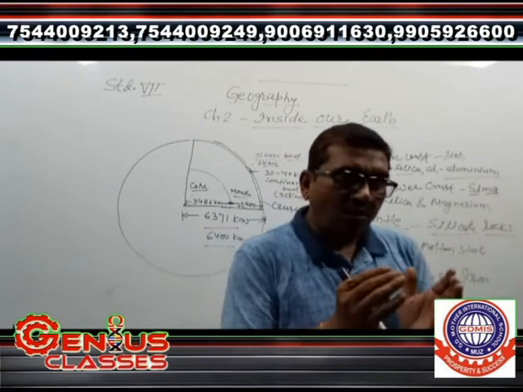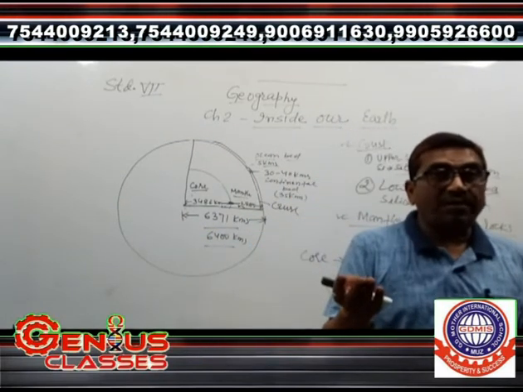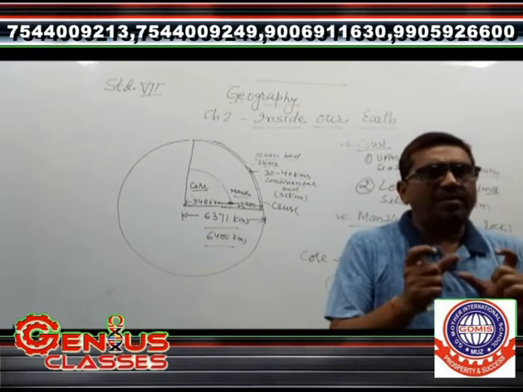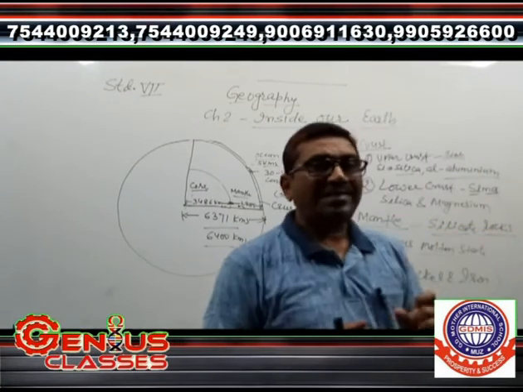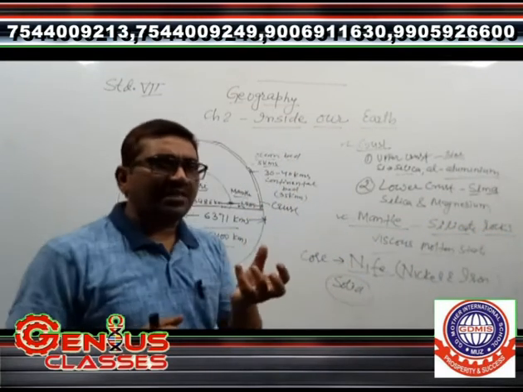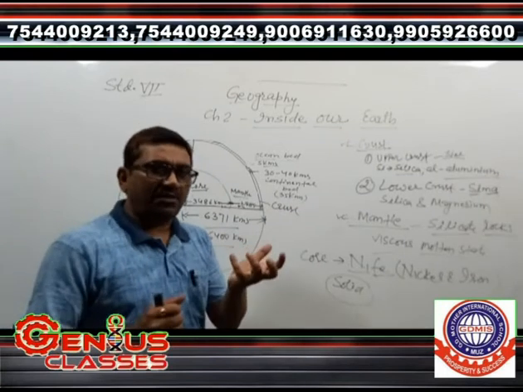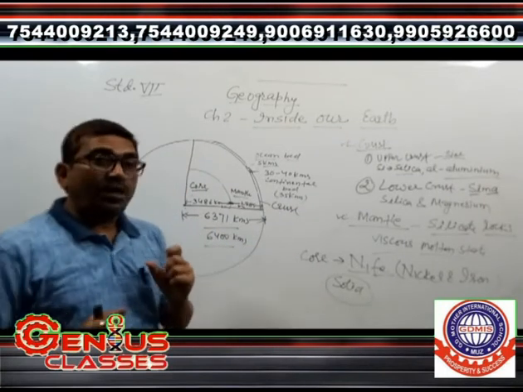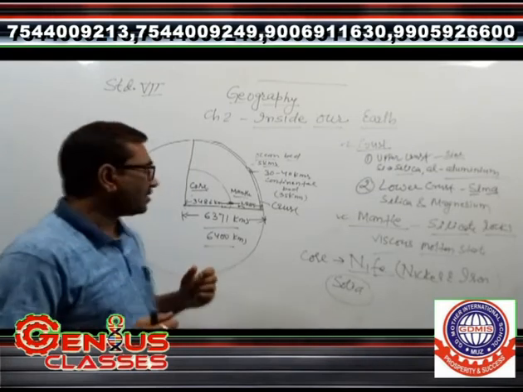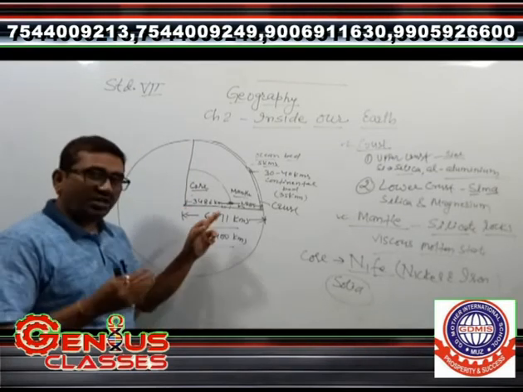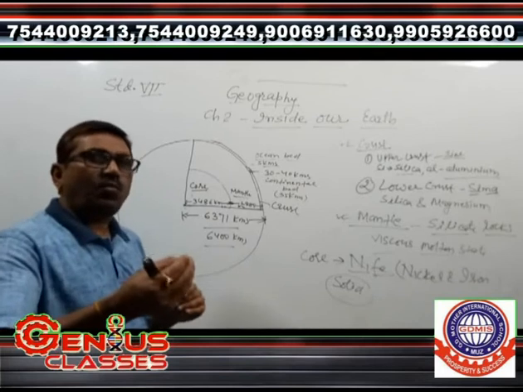If it is so small, then again it doesn't look very good. Then what should be the average size? You may choose a 3 cm radius or 4 cm radius. If you are taking a 4 cm or 3 cm radius, the core should be constructed a little bit more